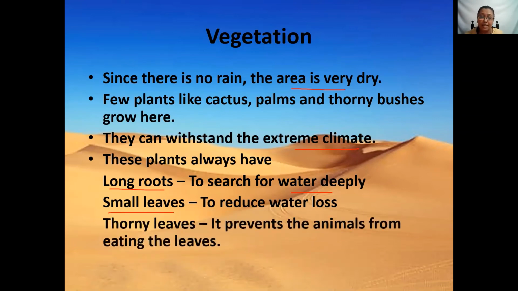Third is thorny leaves. Thorny leaves means they will have small prickles, thorns in them. Why? When they have this kind of prickles or thorns, the animals will not eat those leaves, right? So they will also not lose water because of that. So nature has given them thorny leaves to prevent themselves from being eaten by the animals.